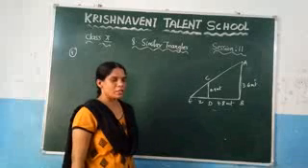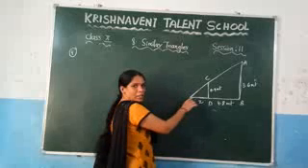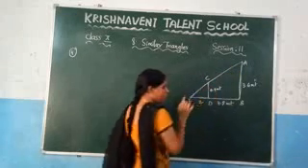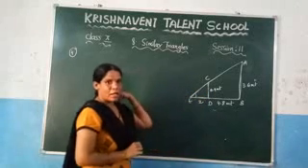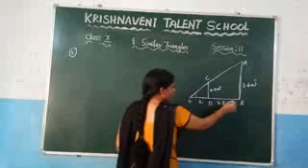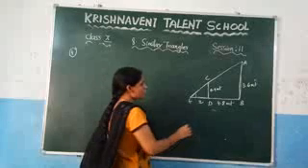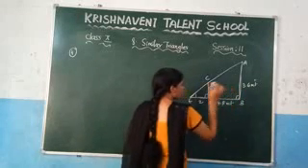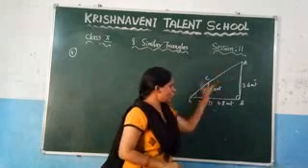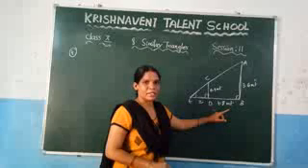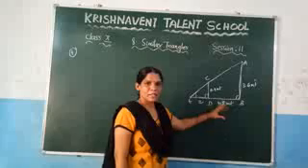And how do you prove it? If you consider the smaller triangle, angle E is there. Similarly, in the bigger triangle, angle E is also there. Angle E is the common angle. After that, you know that the lamp post and the girl's height are always perpendicular to the ground. So this is 90 degrees and this is also 90 degrees. In the smaller triangle two angles are equal, and in the bigger triangle again two angles are equal. If two angles are equal, we can say that these two triangles are similar.